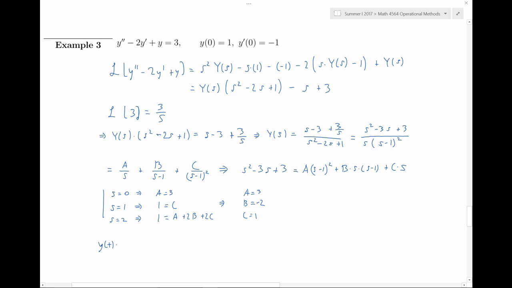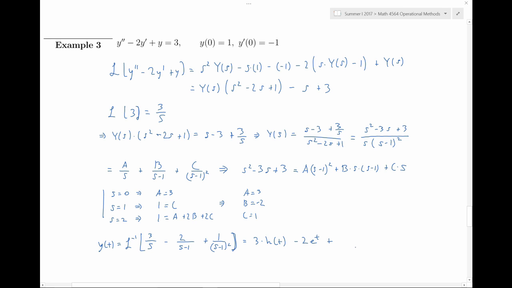Therefore, the function y of t is the inverse Laplace transform of this partial fraction decomposition. We get 3 over s, we get minus 2 over s minus 1, and we get 1 over s minus 1 squared. 3 over s gives us just 3 h of t, minus 2 over s minus 1 is just e to the t, and for s minus 1 squared, we can look at it